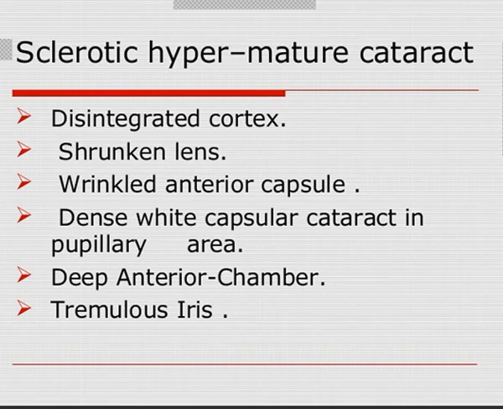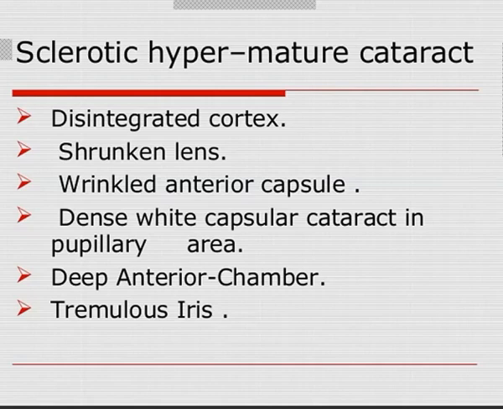Where in the immature cataract, what we see is a shallow anterior chamber. Whereas in the sclerotic, even though it is hypermature, the anterior chamber is deep. Why? Because it is a shrunken lens. Whereas in the immature cataract, because the lens is swollen, the anterior chamber is decreased in depth. Because the lens in the sclerotic hypermature cataract is shrunken, it leads to a deep